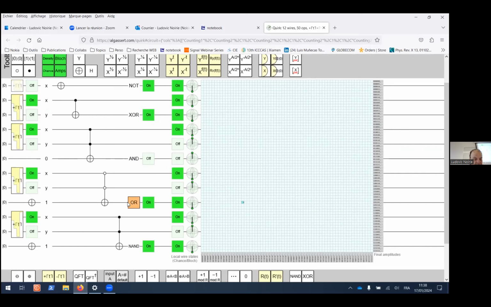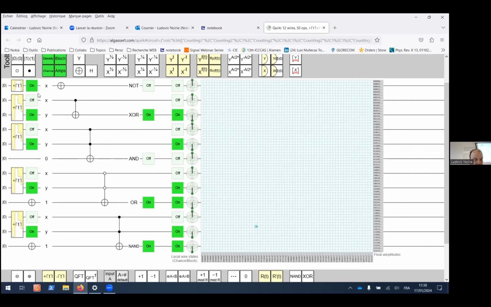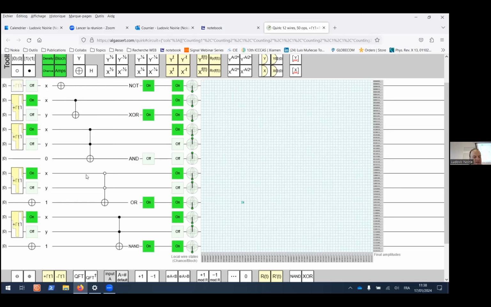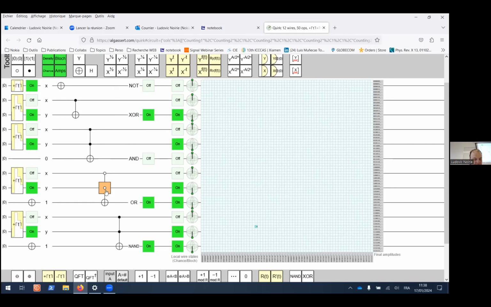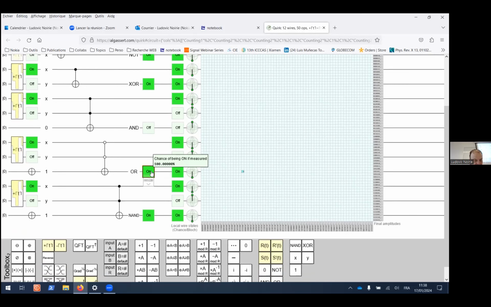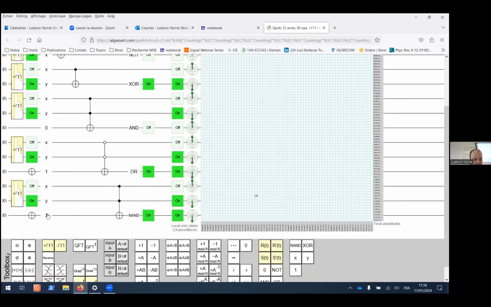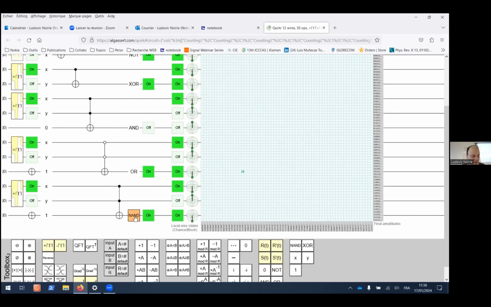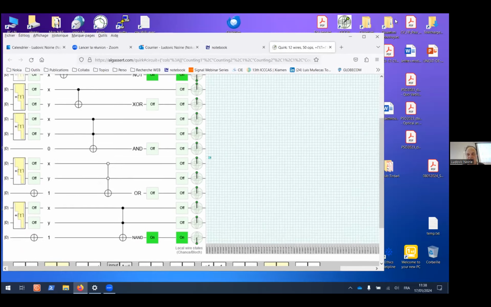It is the AND. For the OR, it's about the same, but you have anti-control. The anti-control controls the gate when the bit is equal to 0 instead of 1, compared to the control. With anti-control and 1 as input, you can check that you get the OR operation. And for the NAND, it's like the AND, but with input 1 instead of 0, and you have the NAND classical gate. Because you have the NAND classical gate, you can get any other classical Boolean function, since the NAND operator is the universal gate for classical logic.